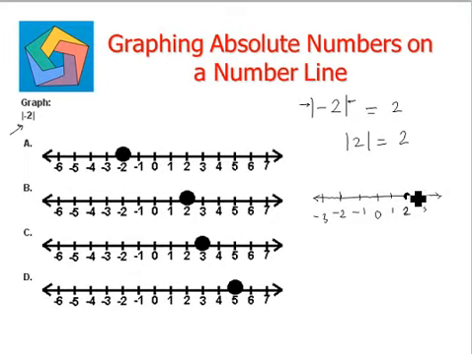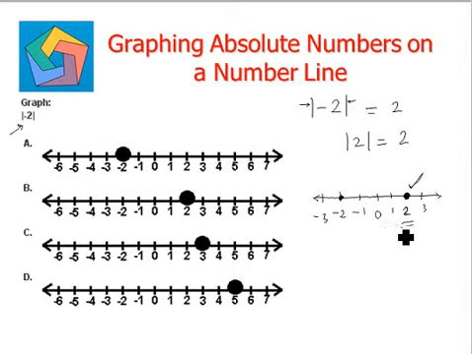We have to be very careful. Whenever we see these bars, then only this is the correct one. If the bars are not there and we have to graph -2, it will be over here. So whenever we have an absolute of a number, the graph would always be a positive value. So that means this is the correct one.